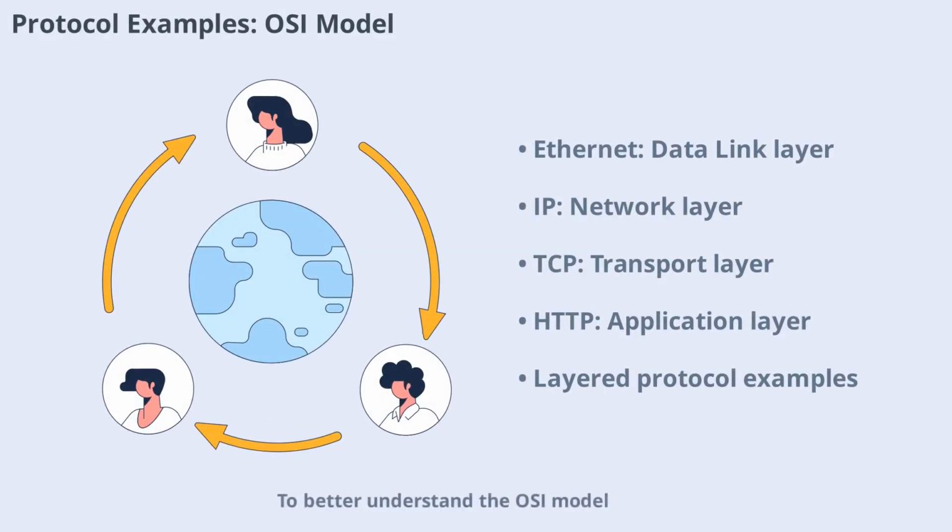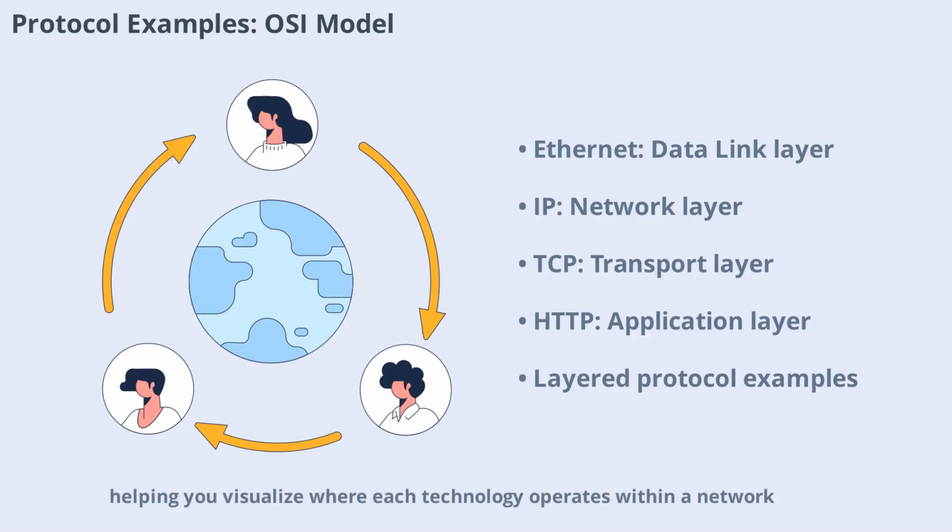To better understand the OSI model, let's look at some protocol examples for each layer. For instance, Ethernet operates at the data link layer, IP at the network layer, TCP at the transport layer, and HTTP at the application layer. These examples show how different protocols fit into the OSI structure, helping you visualize where each technology operates within a